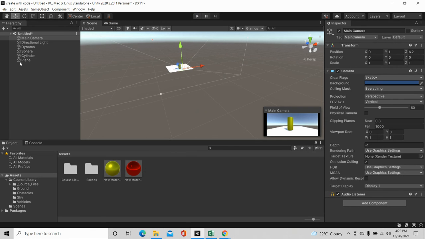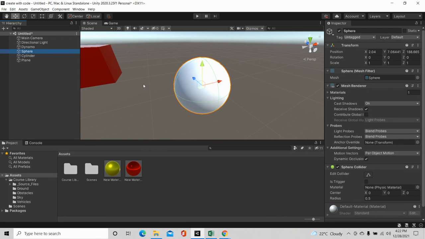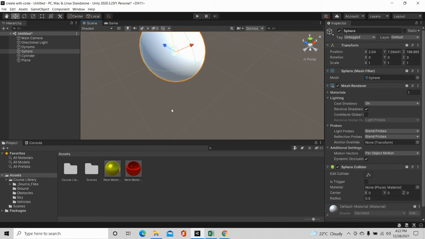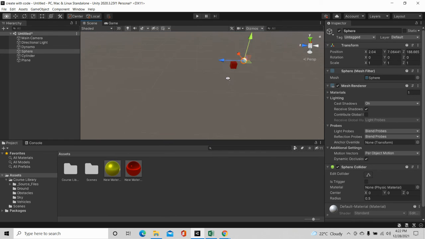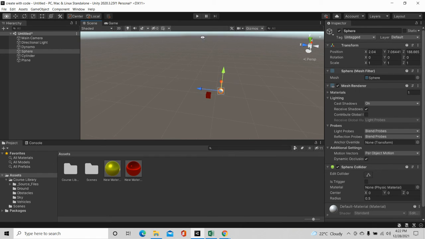You can place every object, like the sphere which is here: just click, drag, and place. Hold Shift, right click on the mouse button, and you can use the WASD controls to move around the scene.